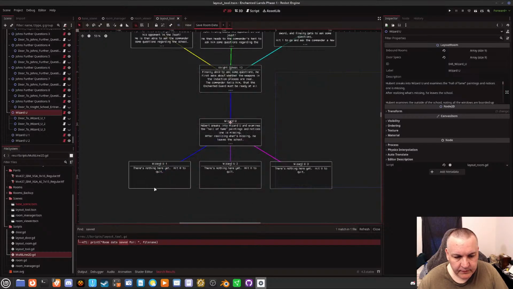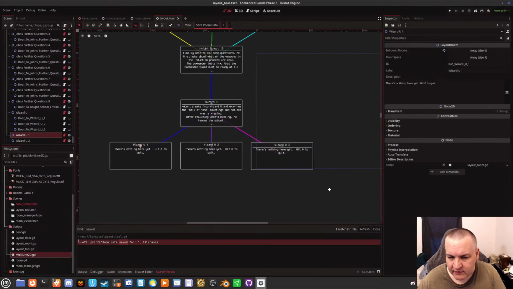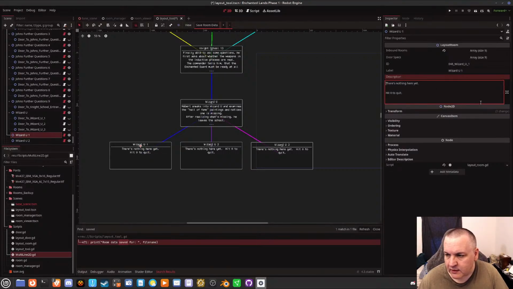Okay, so what I'm going to do here is set this up as far as new rooms. We're going to see if it works, if nothing flubbed up here. So what I want to do here is I want to do this. And the reason I'm doing the story right now